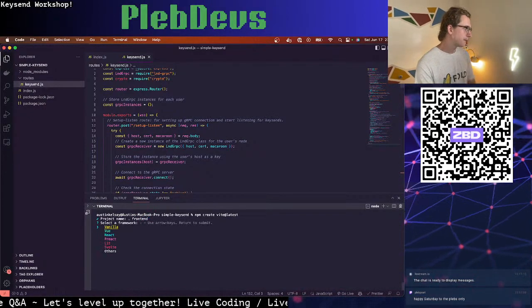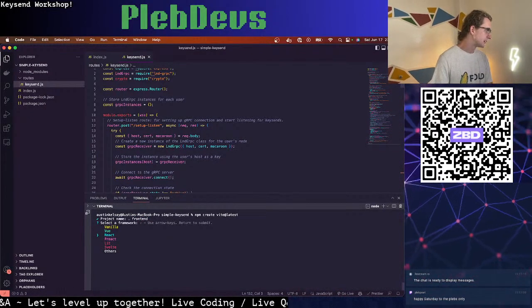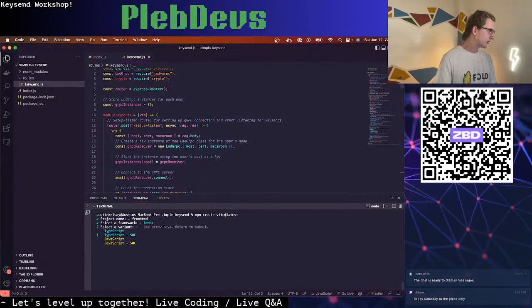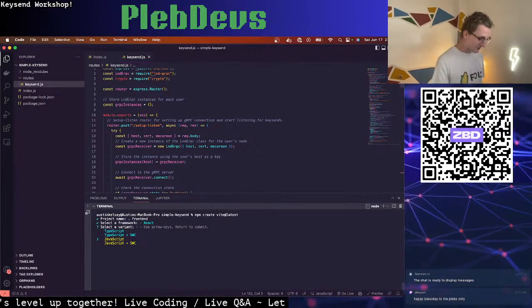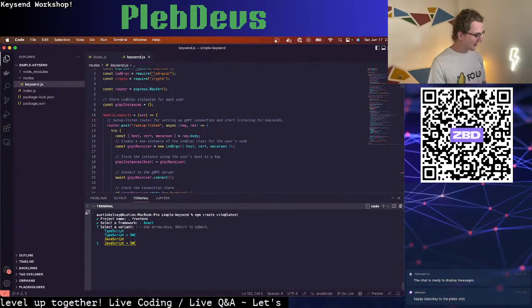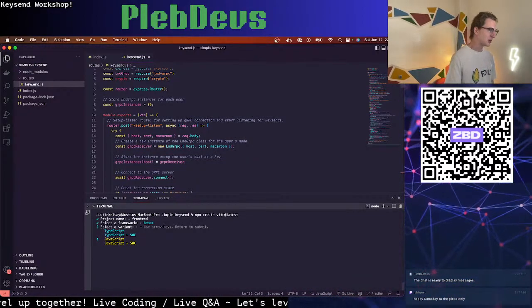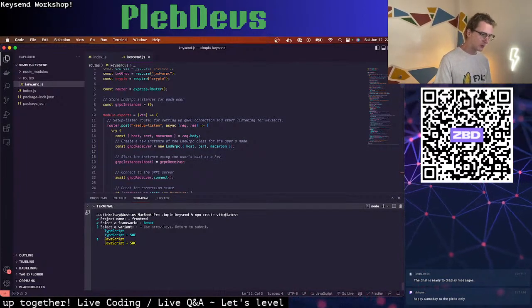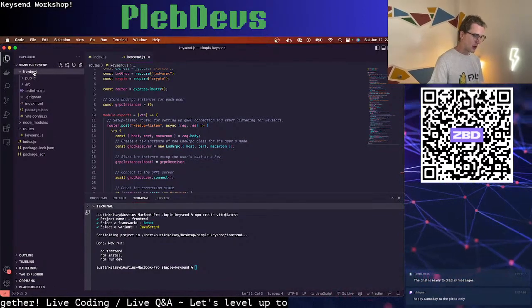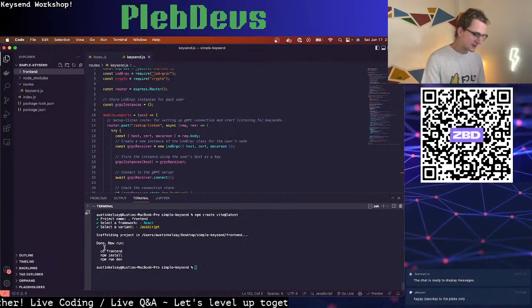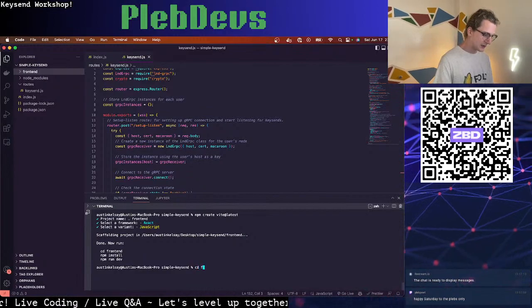Call it front end, and we will select React here, and we'll select this JavaScript option as well. We don't need TypeScript. I forget what SWC is. I think it's some state management library, but we don't need it. Just do JavaScript. There we go, we have a front end folder now. It's telling us what to do. We can cd into front end,